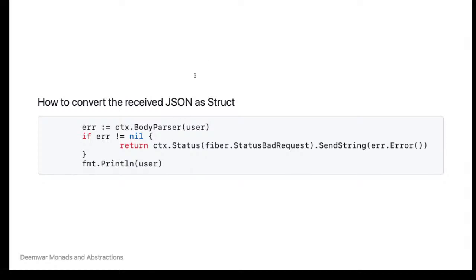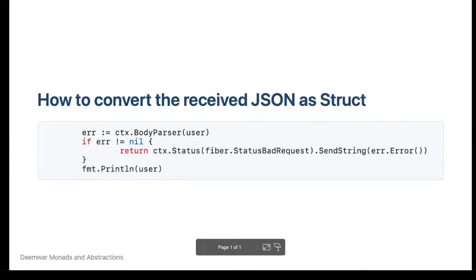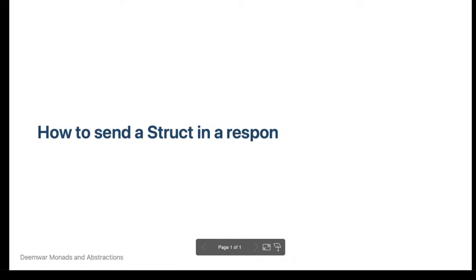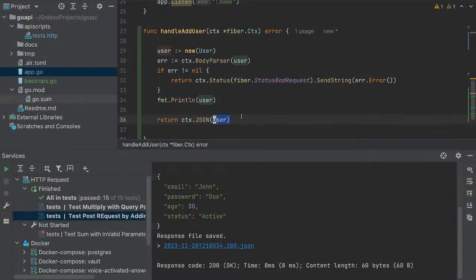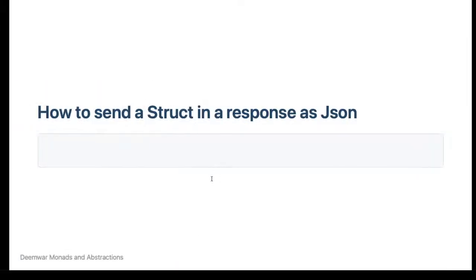And we have one more question now. How to send a struct in a response as JSON? So just context.JSON. And then